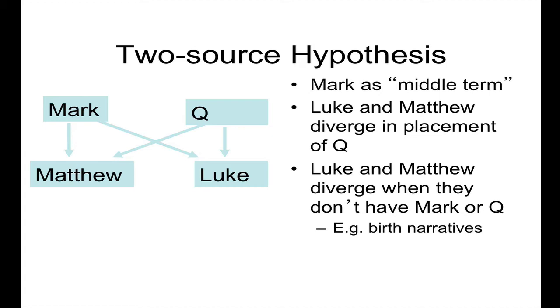Luke doesn't have magi, Matthew doesn't have shepherds. They're totally different stories. Well, all of a sudden, it's like, aha, they couldn't have used Mark. Mark doesn't have any birth narrative. When they have to do something on their own, as it were, and it's not sayings material, they diverge totally. And if Matthew and Luke used Mark and Q, that's exactly what we'd expect. Where they couldn't rely on their common sources, they would diverge. So all these things are points. These are in fact the major arguments for the existence of Q and for the two-source hypothesis.